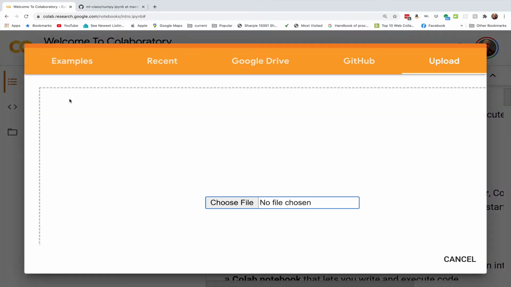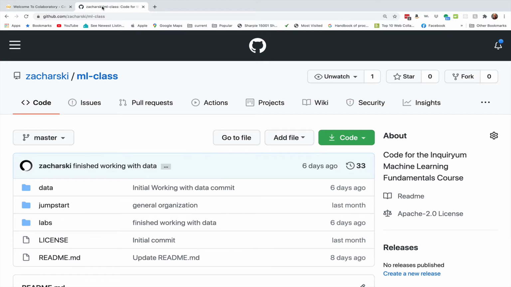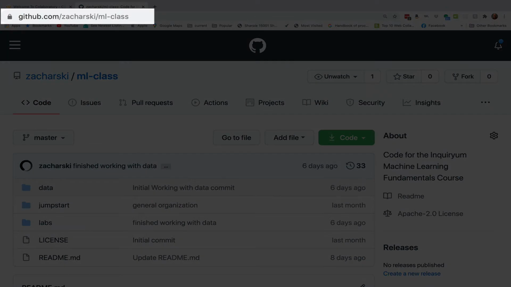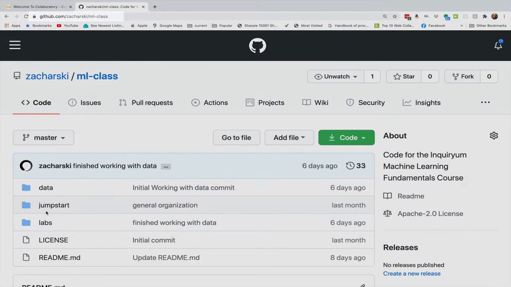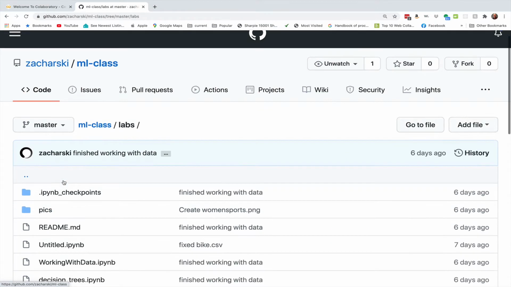Let's go back to that page that we had. One option is to open something from GitHub, and I'm just going to show you how to do that right now. So I'm going to click the GitHub tab, and here it says enter a GitHub URL or search by organization or user. So here's my GitHub account, and this is where you'll be going, github.com/zaharsky/ml-class. If you go to labs here, that's really all you need,